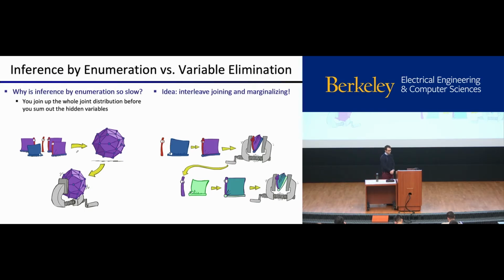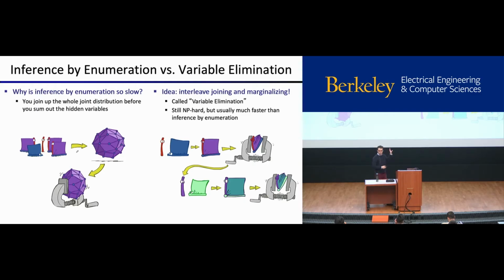Okay? So variable elimination is going to be a lot faster than inference by enumeration because we don't need to compute this big exponentially large joint distribution. We can go along in this linear fashion for a lot of practical problems. It turns out that it's still going to be exponential in the worst case, but it's much faster in practice. And so we'll see some speed ups there.